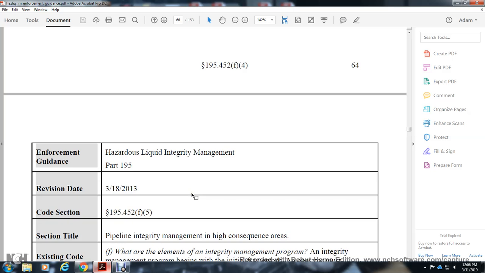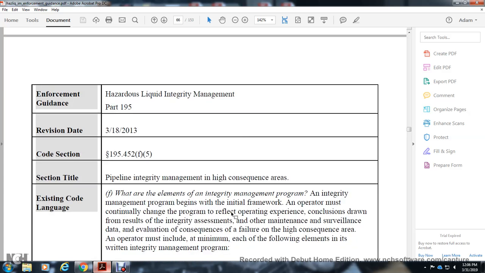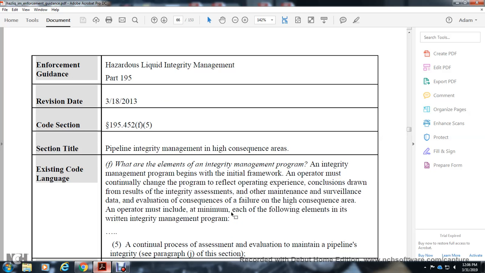Alright, enforcement guidelines of hazardous liquid integrity management part 195, revision date March 18, 2013, code section 195.452 F5 of the section title of the pipeline integrity management high consequence area. Existing code language: the elements of the integrity management program begin with the initial framework. The operator must continually change the program to reflect the operating experience, conclusion of the result of the integrity assessment, other maintenance with the surveillance, the data evaluation, consequence of the area of the high consequence area. The operator must include the minimum each of the following elements with